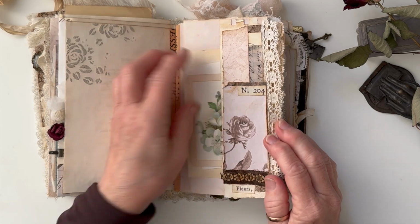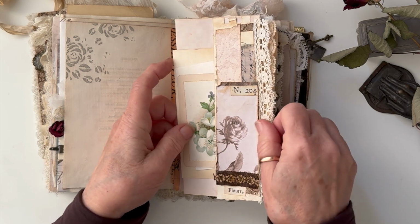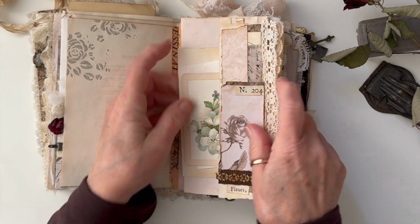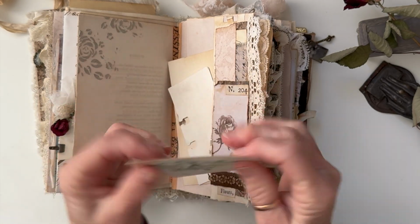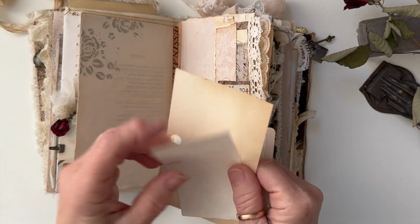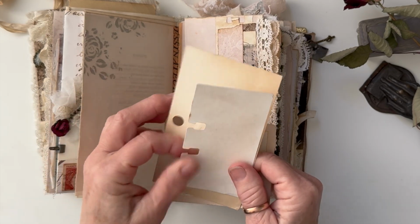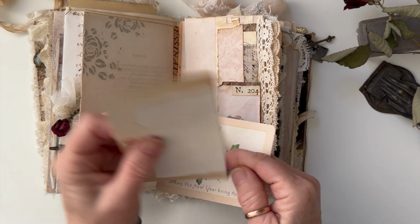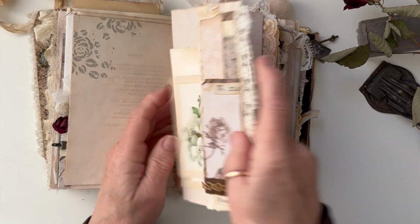stenciling up there. This is a little pocket, a little collaged pocket on here, and in here is a little vintage sort of greeting card type thing, and a Rolodex card and a blank library catalogue card, but I love the aging on that, and I thought someone might like to have a play with those. This opens out,